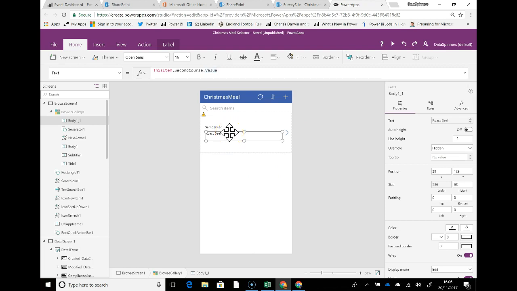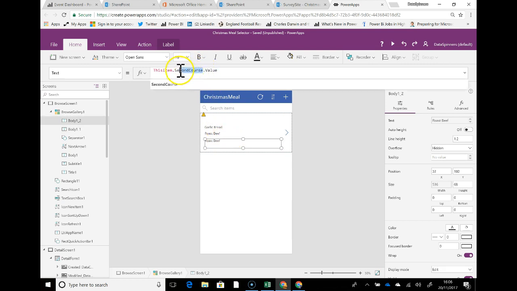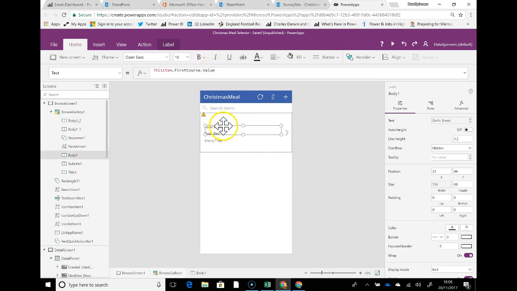So this item dot pudding dot value. I think it is case sensitive, so you need to be a bit careful with that. To be fair, you're not really going to, for this sort of example,